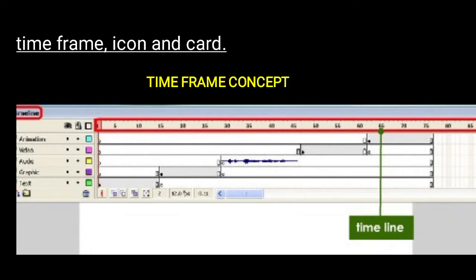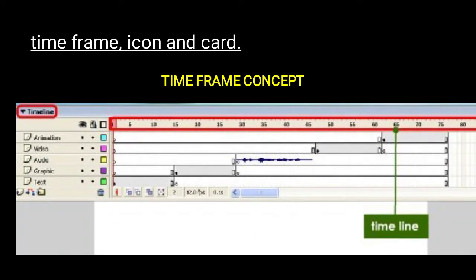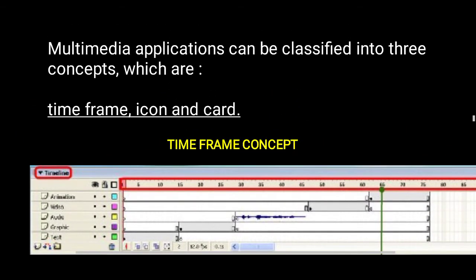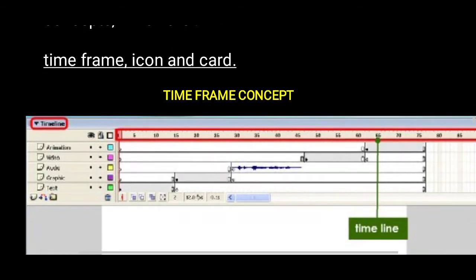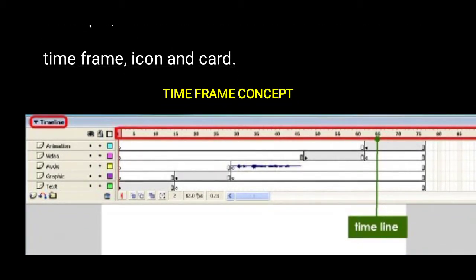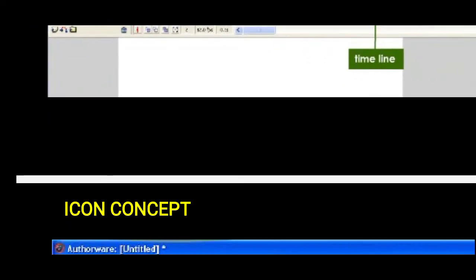Here, the time frame concept: if you want to set the video or any other animation in the multimedia within a time limit, you may select the time. That is the time frame concept.